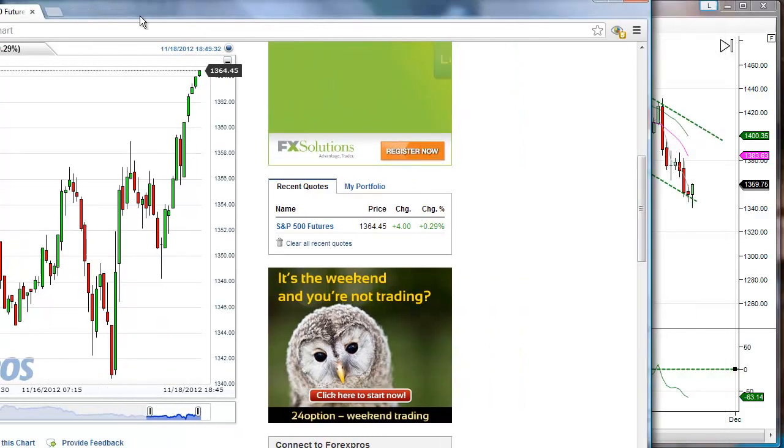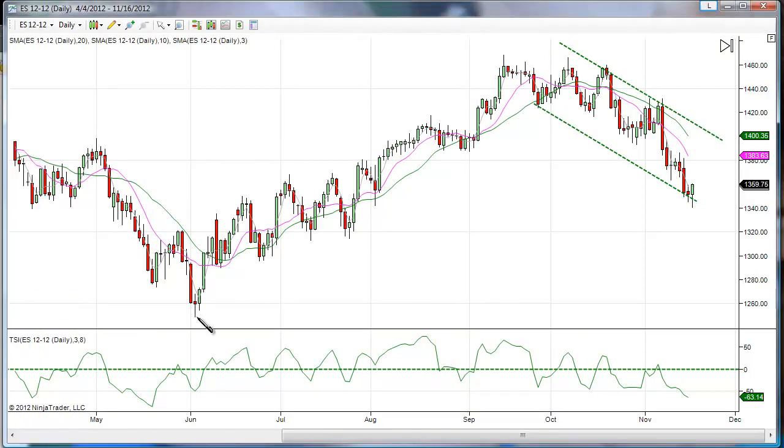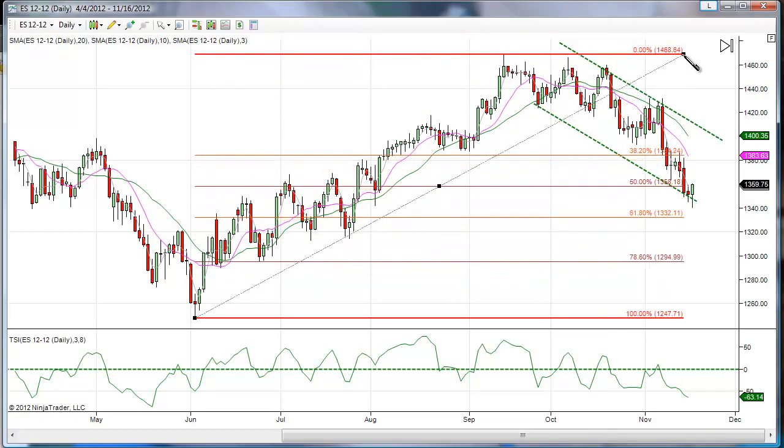Okay, catching a lot of shorts off guard. We can see that all of our moving averages are moving lower, and if we throw our fibs on here, we can see where we are. Okay, in between the 50% and the 618. Okay, bouncing off of this trend line, got a nice reversal candle on Friday,